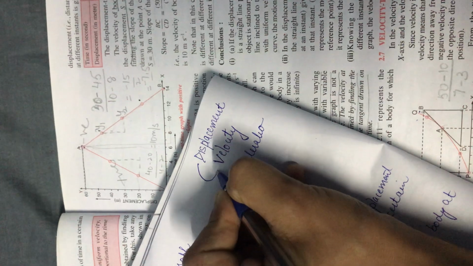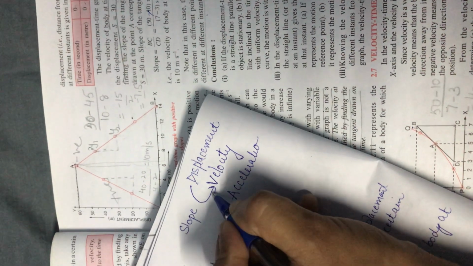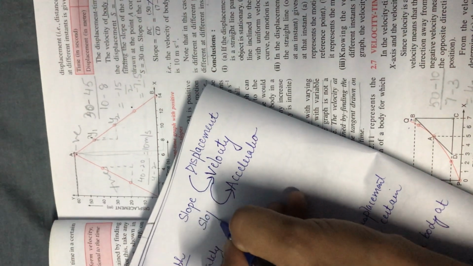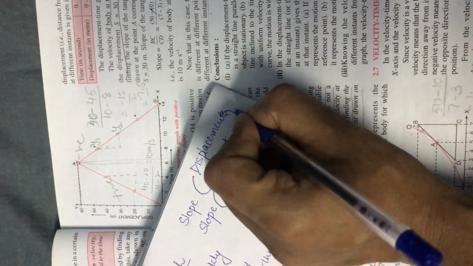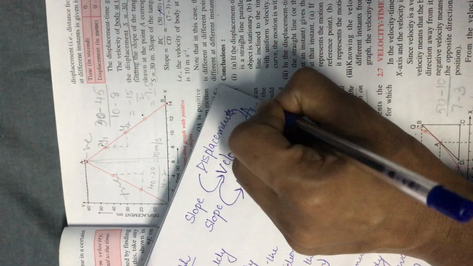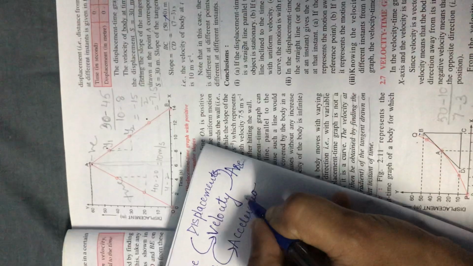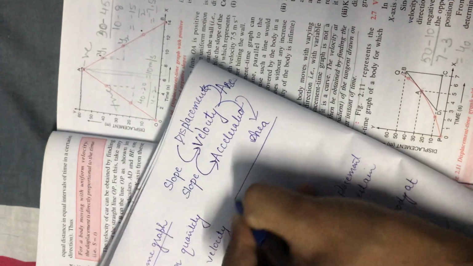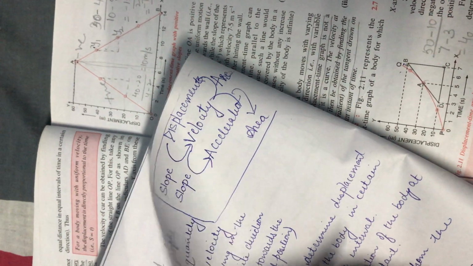From the displacement graph to the velocity graph, when we do it with the help of slope, we get velocity. Similarly, from the velocity graph, you will get acceleration by finding out the slope. From the velocity graph, we find displacement by finding out the area under the curve, the area under the enclosed figure. And again, from the acceleration graph to velocity, we have to find the area. This is the gist of these graphs. If you remember this, you can do any numerical in it.